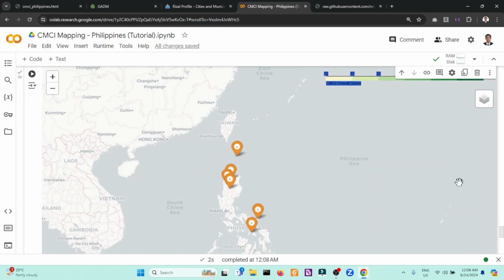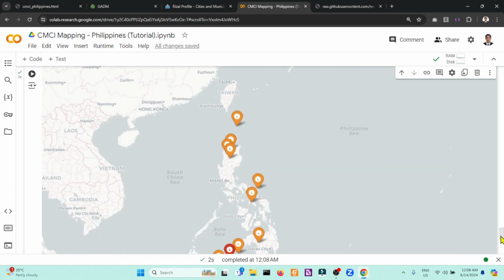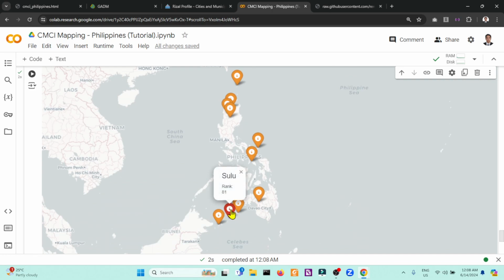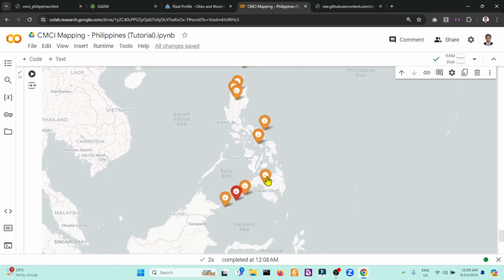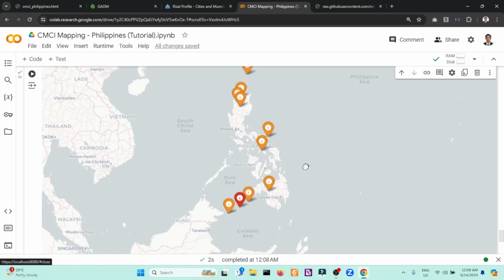So R2DB, so bottom 10. The list rank 81 is Sulu. Then we have Batanes at 74th, Catanduanes at 75, so 79, Lanao, Tawi-Tawi, and Basilan in Barm.